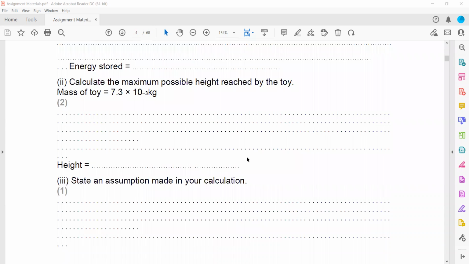Then calculate the maximum possible height reached by the toy. The mass of the toy is 7.3 times 10 to the power minus 3 kilograms. Our assumption is that all the elastic energy is converted into gravitational potential energy. That's our assumption. Practically, it won't be, but theoretically,